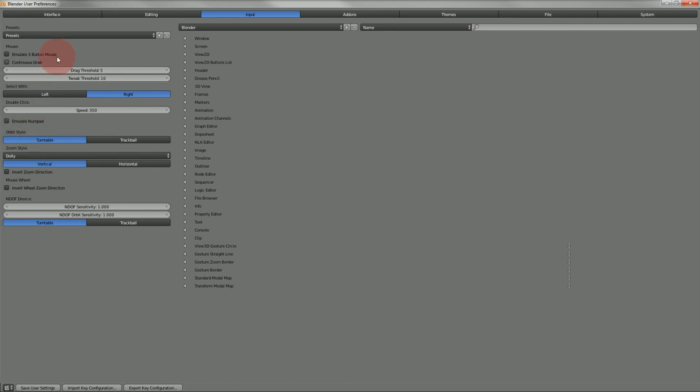And then if you're also on a laptop and you don't have an external wireless mouse or something like that, you also want to check Emulate 3 Button Mouse, and that'll make Blender think that your touchpad is a standard mouse that you would find on a desktop. Okay, other than that,